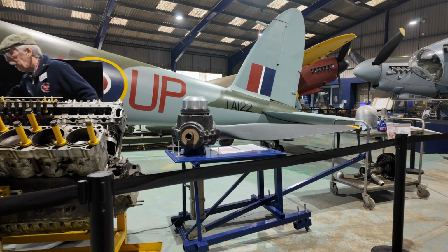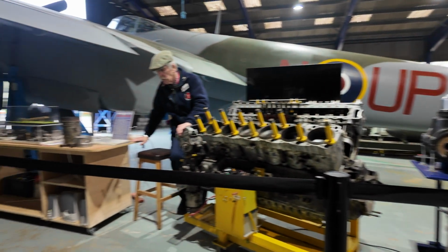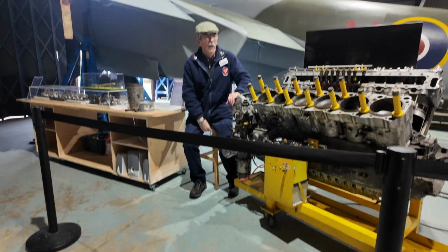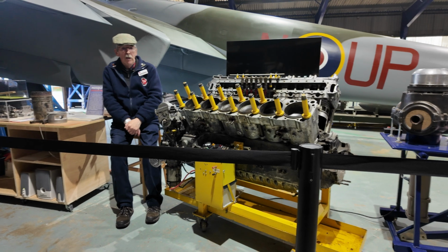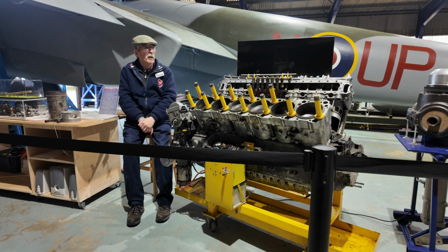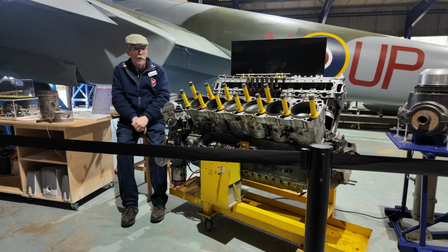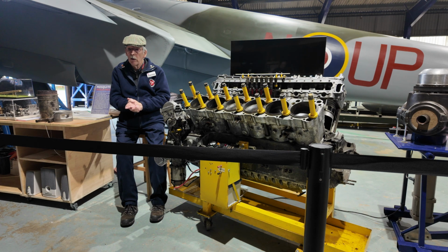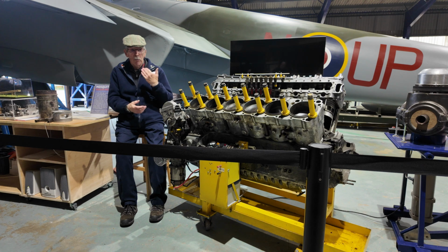Anyway, so there they are, climbing up towards as high as they can get. Just as they're levelling off, the left engine starts playing up, because that had taken some damage, and the propeller control unit leaked all its oil away. So there's nothing now controlling the blade angle, and under various forces, aerodynamic and centrifugal, the blades went round to